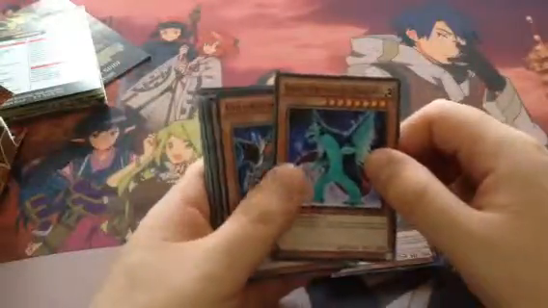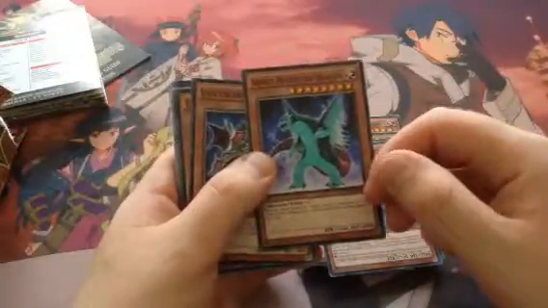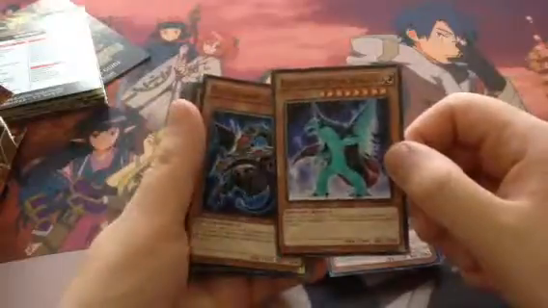Armed Protector Dragon, which I honestly don't see why they put in this deck, because his effect works with equip spells, but as far as I can tell, there weren't any in the deck. So,